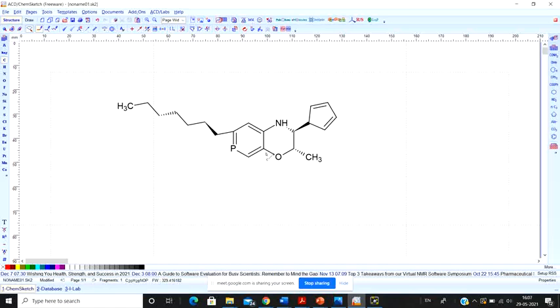Had you been a chemist, it would have been possible for you. But what about the other people? They can't. So how to do it? See, in this particular case, there is an option called R and S.